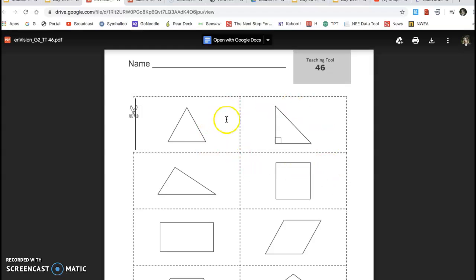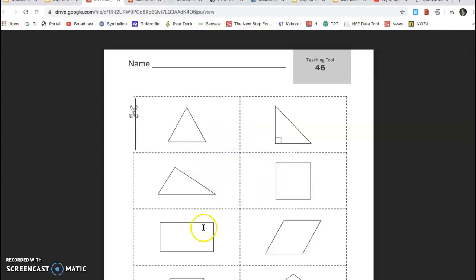And they don't have to cut this out really. If you want, you can have them walk around with this paper and jot down, maybe write down next to each shape what matches it. So maybe the kitchen table, they could write kitchen table here. Here, if they have a toy that matches it, they could write down the toy.